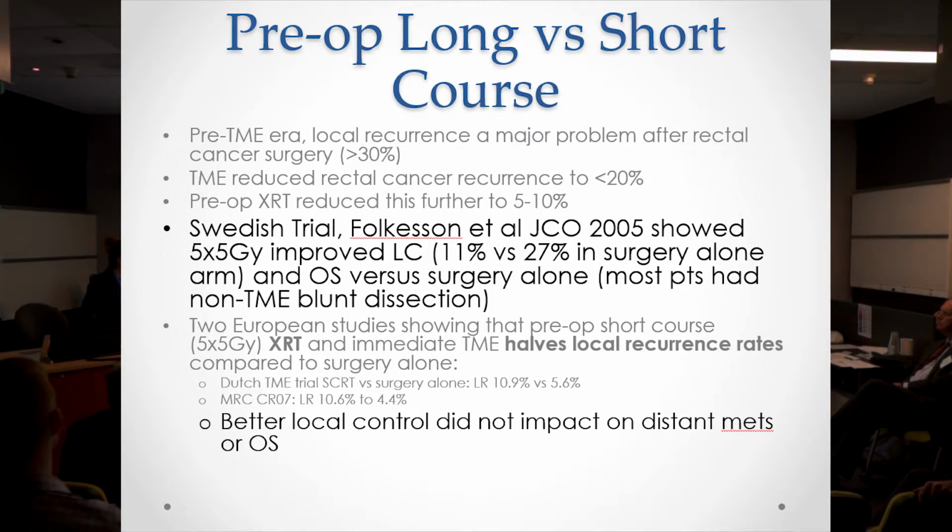And in the last couple of decades, the newer surgery, the total mesorectal excision, was introduced, and that definitely did reduce pelvic recurrence rates. But we also still know that even with that surgery, there are people with higher risk factors that can still have recurrence rates of 15 to 20% in the pelvis, those with nodes that are involved, those with T3-4 tumours. And some of the work that's been done in randomised trials from the Swedish, German groups, as well as a number of other European centres,